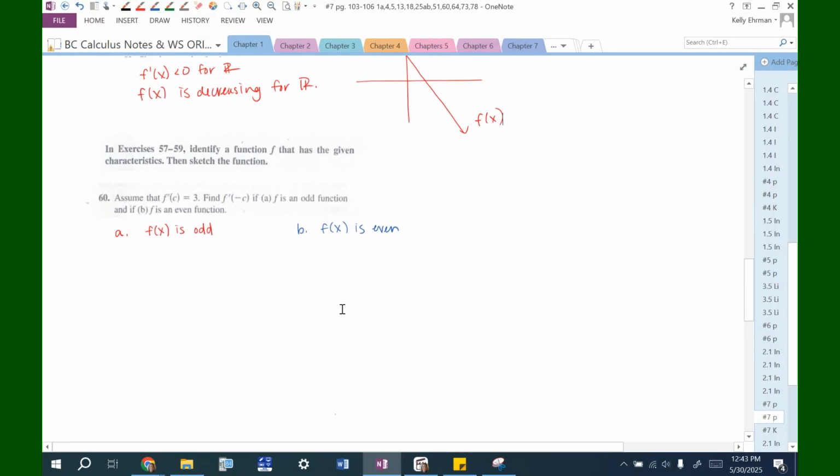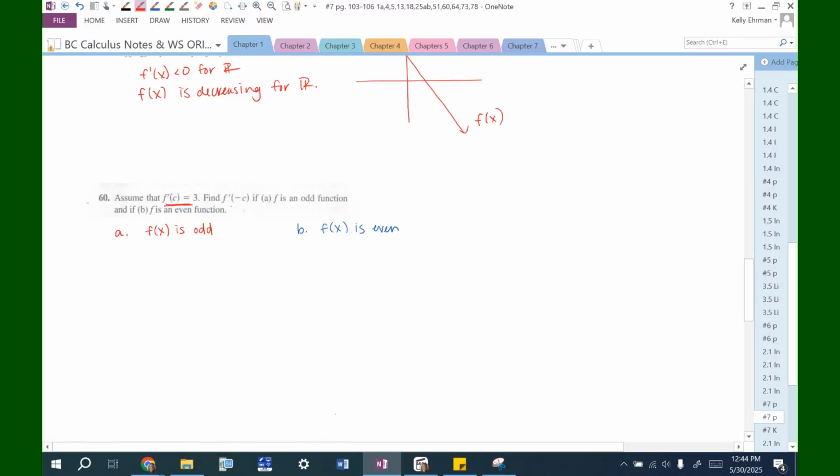All right, number 60. Assume that f prime of c equals 3. Find f prime of negative c if, for part A, f is an odd function, and B, f is an even function. And it says, oh, I don't need these directions, do I? Cutting that. Okay, so anyway, so for number 60,